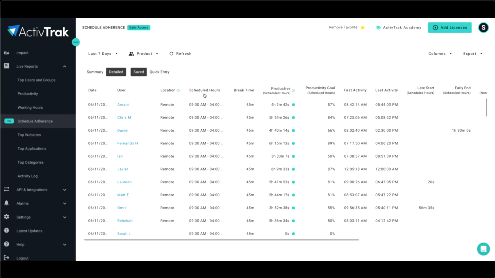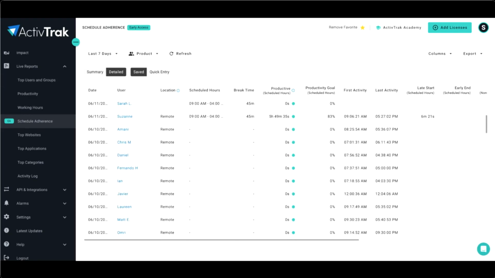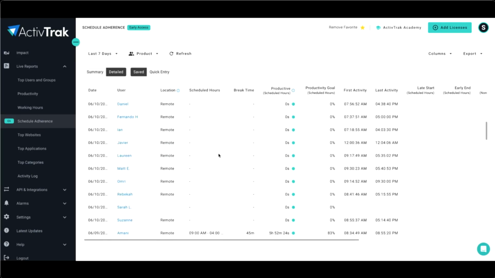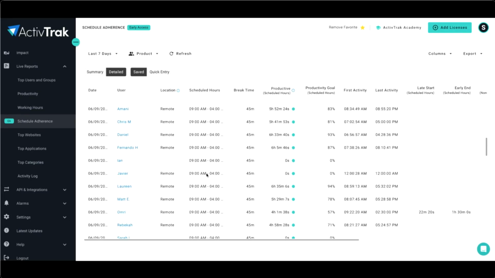And you can see here, the scheduled hours for this team is 9 to 4 with a 45-minute break. And now I can see all of that across the organization. They weren't expected to work on the 10th. But you could start to see the scheduled time that has been saved. It's already in there, and you can adjust it to there. This particular